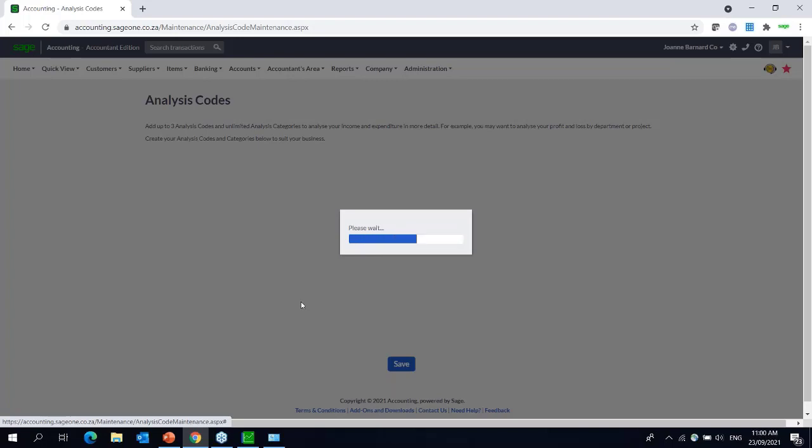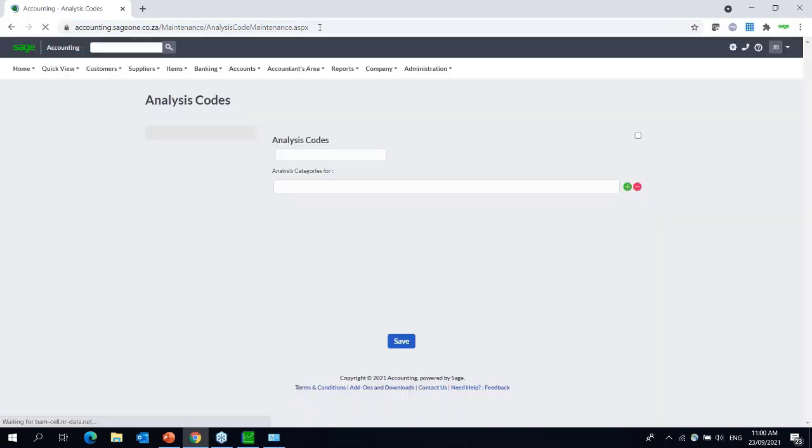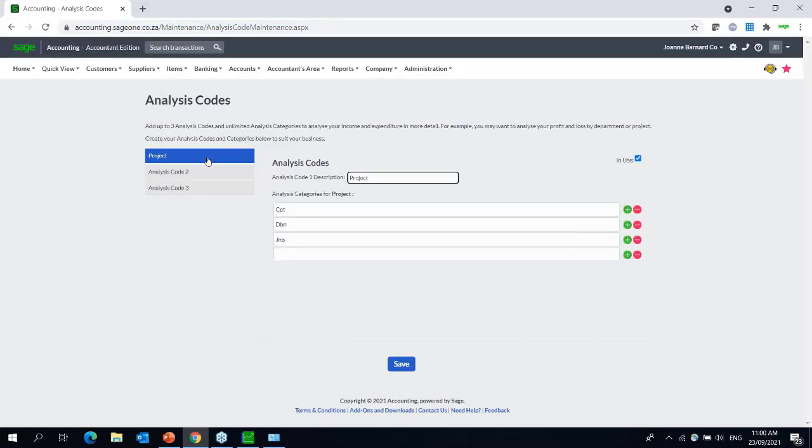But you can have unlimited categories within a code. So what I found is to make this work, I just said projects and then I just listed the projects. So I actually call this project, but you only have 3 codes to use. But in those 3 codes, you can have unlimited categories. So if, for example, guys, you want the drill down that Project Tracker has, Project Tracker is specific to Partner again. We can, for example, go